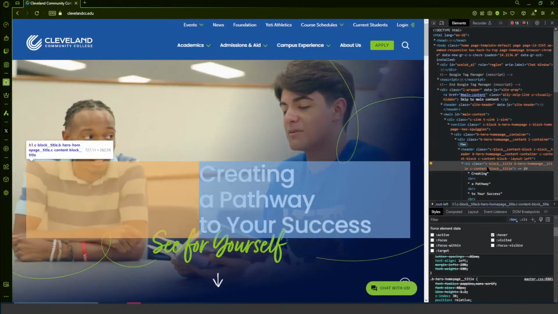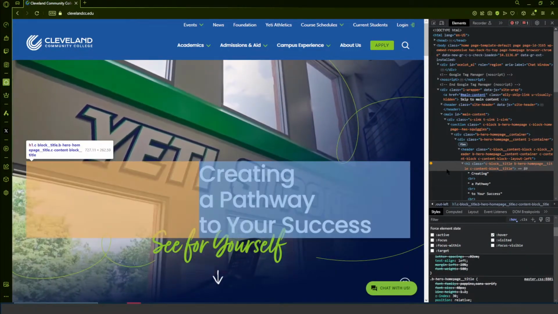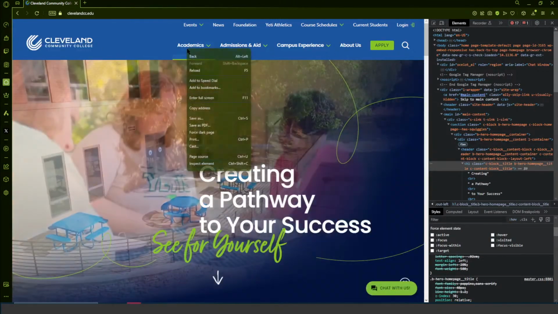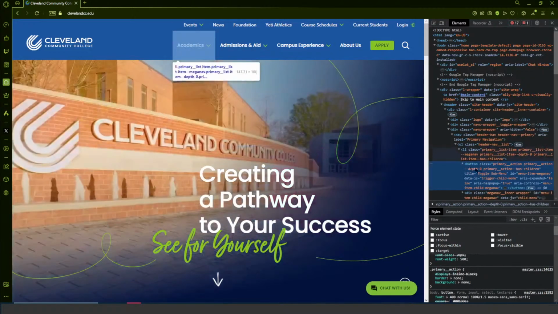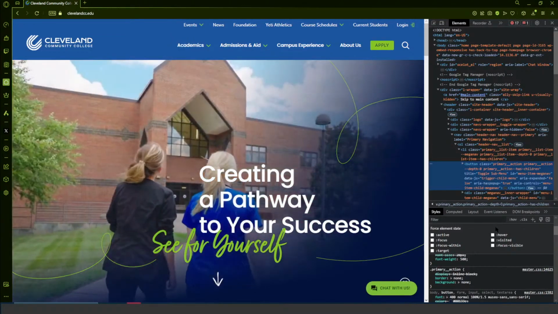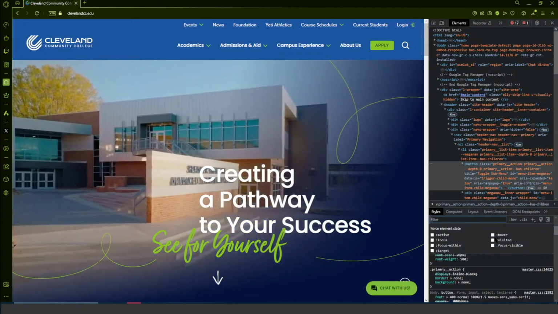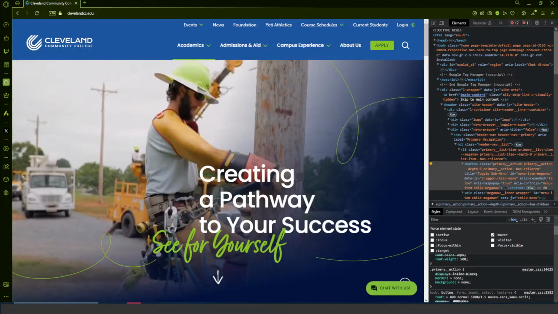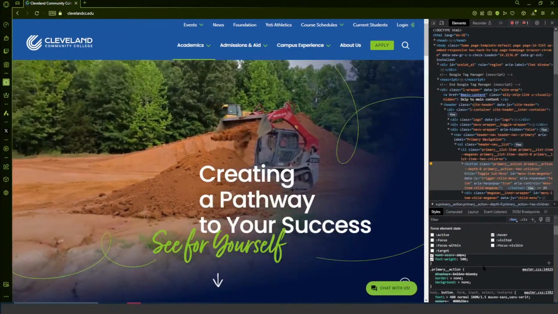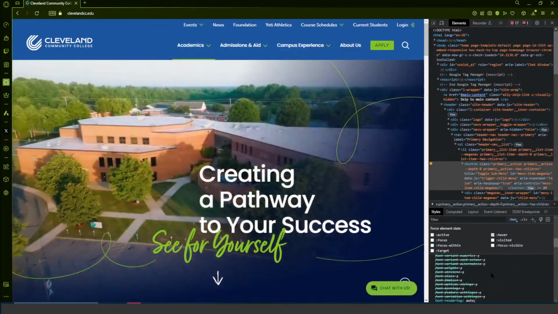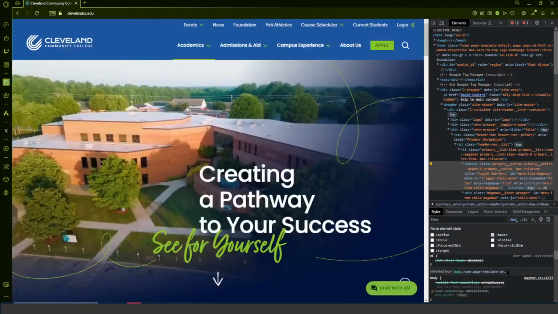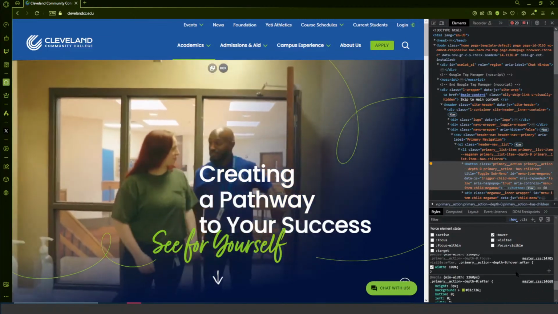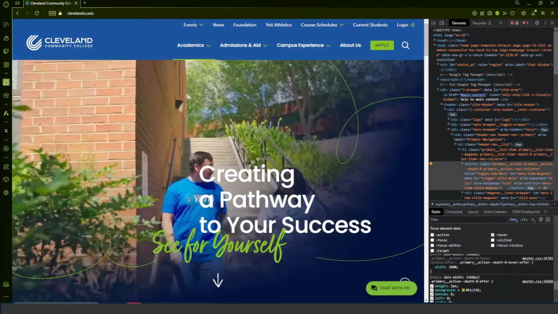Now in this case, we are focusing it on this H1 here, which doesn't have a hover state. But if we take that off and we say, let's inspect this button here, and let's force the hover state on that, well, then it draws the line underneath it. And when it draws the line, it shows the CSS that it used to draw the line. You just have to go through and find it and read it and see what it does. It looks like it's probably this after here,